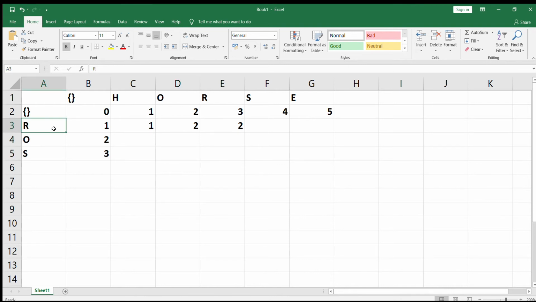Now in this scenario where I have here HORS and here I have just R, how many operations will be required? I need to drop H, I need to drop O, I can keep R, and I can drop S. So three operations are required in this particular scenario. And here when I have a complete word HORSE and I need to convert it into R, I can again drop H, I can drop O, I can keep R, I can drop S, I can drop E. So four operations are required.